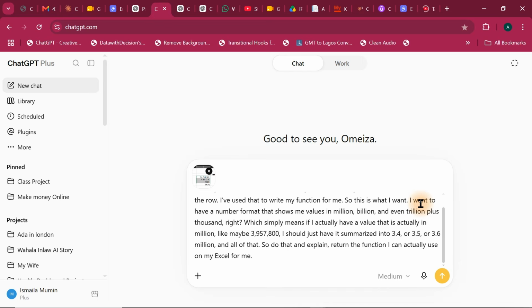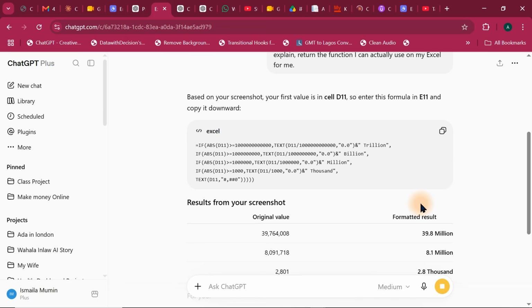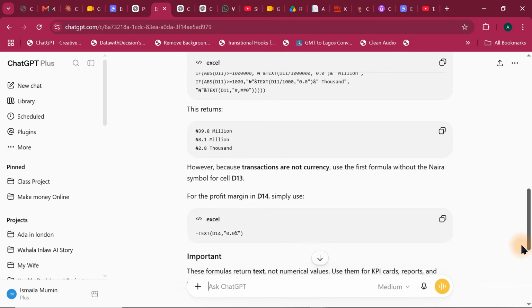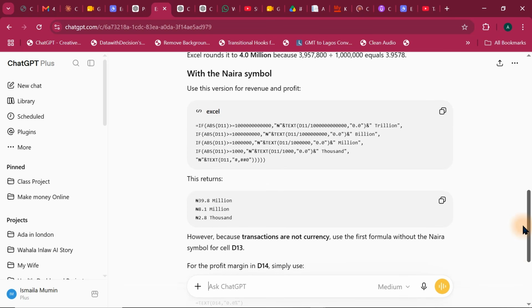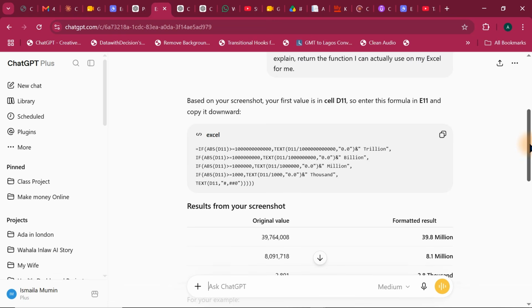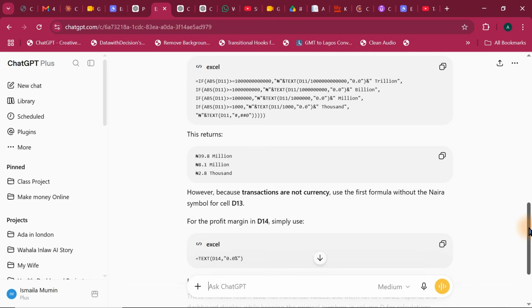Just go ahead and hit the enter key. So here you go, you have this particular one here. If I scroll down now, you have another version. Look at this version, you have another version. And sometimes it will give you like 3 to 4 versions that you can use. So let us go, no, I don't want to use this one. I want to go,